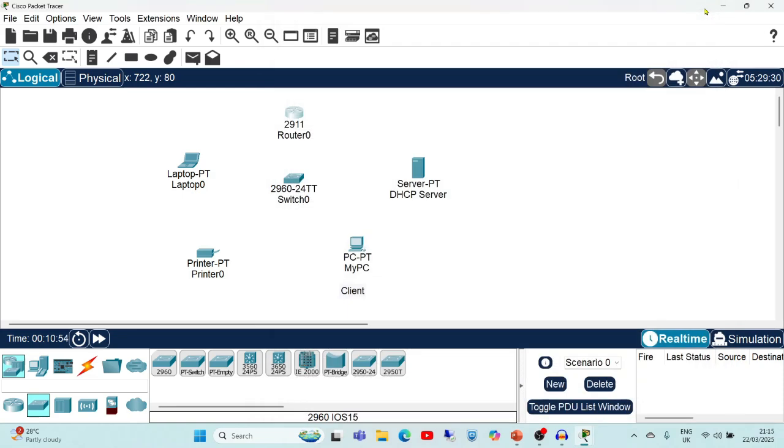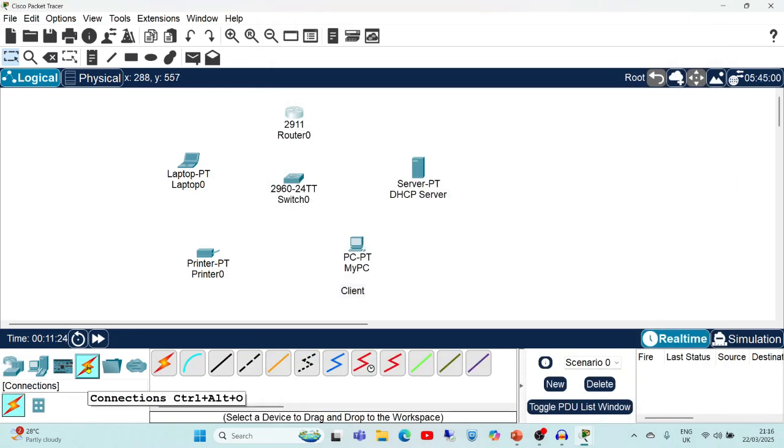Now we have set all the IP addresses. Now friends, just click on this icon. You will get the list of connections available. Now friends, if you are confused about which connection to use, in such a case you can use the automatic type of connections. Just press the control button, select the automatic type of connections and start creating the connections from source to destination.